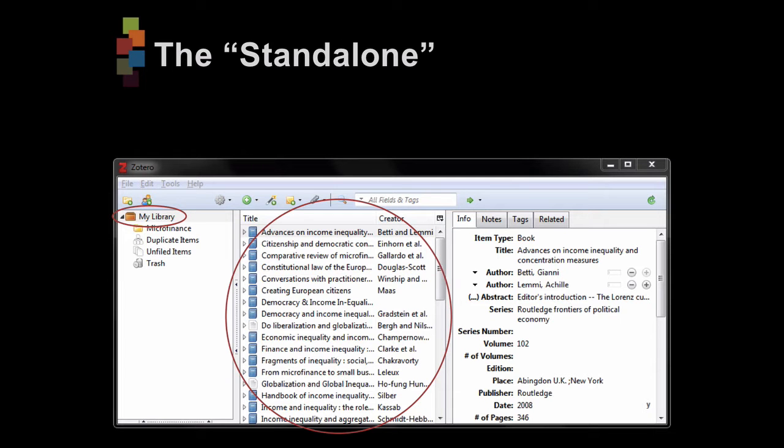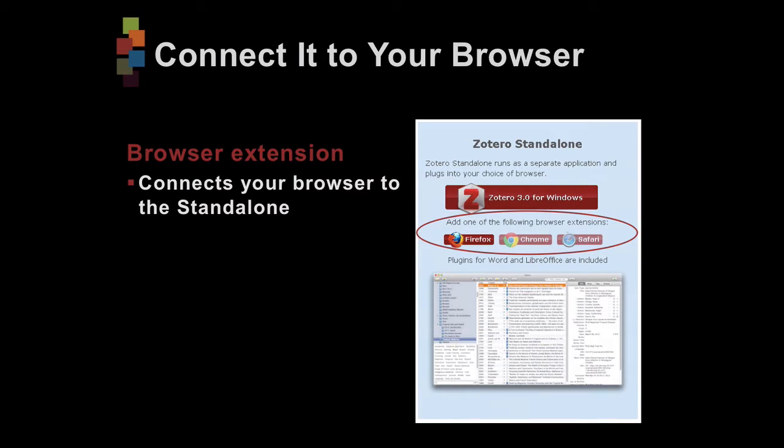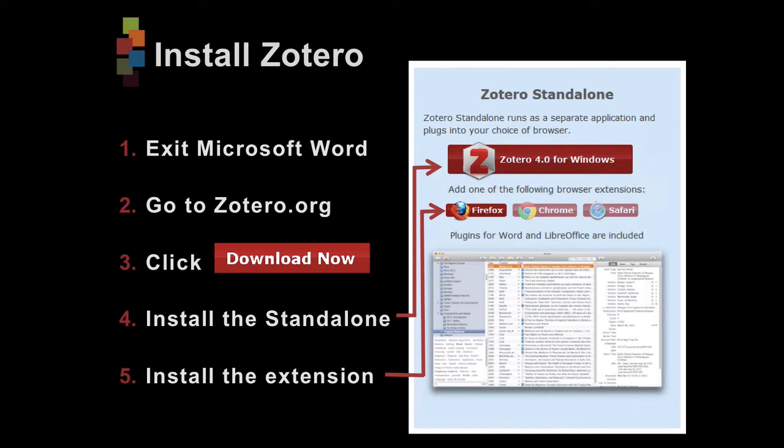Zotero consists of what's called the standalone. That's essentially desktop software that runs just like any other program on your computer. But it's essential for the standalone to connect to your browser, since Zotero extracts citation information from the web. So in addition to installing the standalone, today we'll walk through installation of the browser extension or connector. You must install at least one browser connector, but you can install all three if you happen to use Firefox, Chrome, and Safari. But really it's only necessary to install the browser connector for whichever browsers you'll be using with Zotero. So let's walk through these installation steps now.